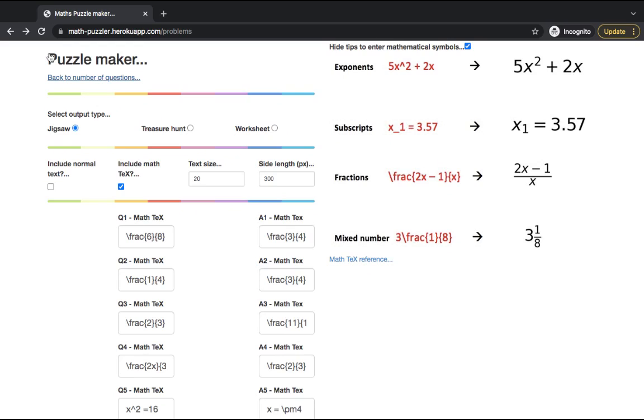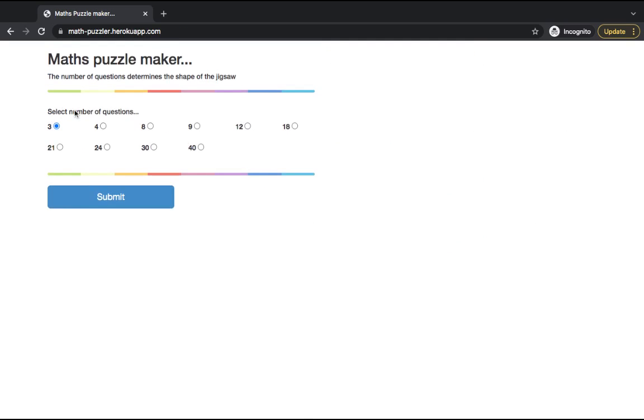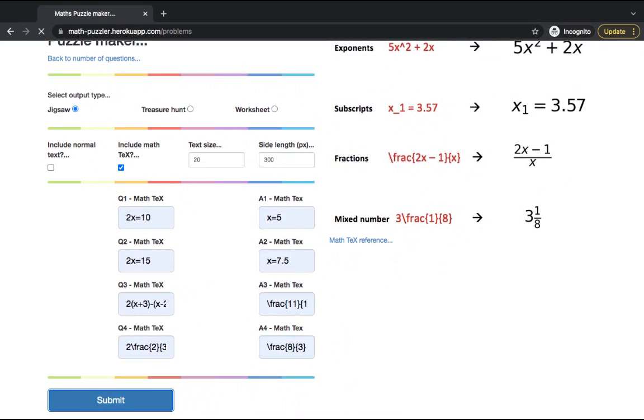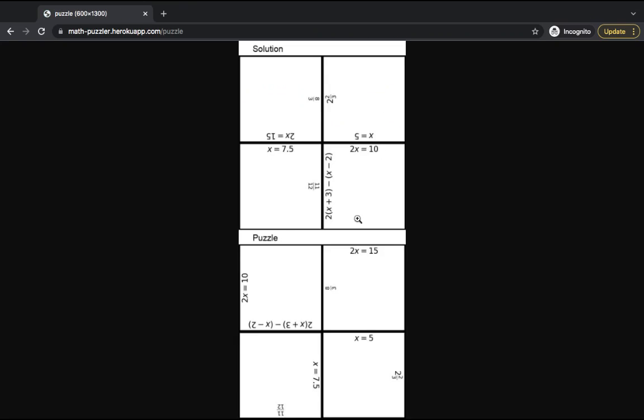If you want a different shape puzzle, you go back to the questions. You could maybe look at, say, 4, and try a 4 shape puzzle. I'll just do one very quickly. I've already got some stuff saved here. And then if you click on that, you'll get a square shape puzzle like that. So it just depends on how many you choose, the shape of the puzzle that you get. So hopefully this is some use, and you can teach some